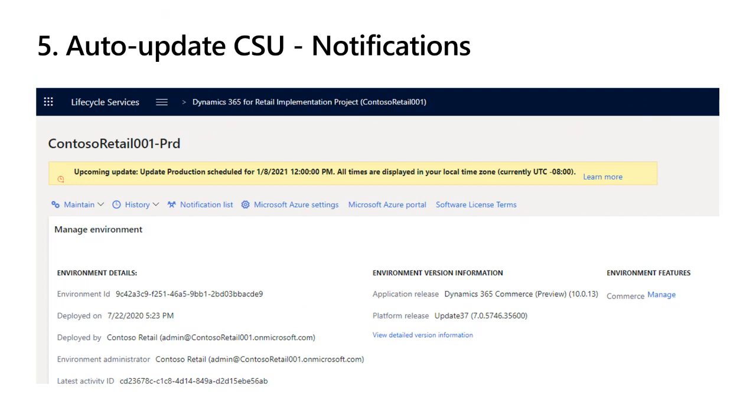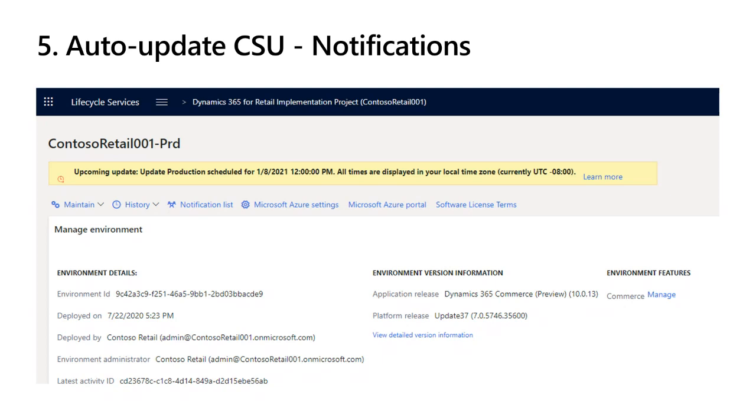In addition to those email notifications, you are going to get an additional set of notifications specific to CSU updates. And the reason why we plan to have a specific set of updates for CSU is because the execution status as well as the success and or failure or completion time of updates for CSU may be different from that